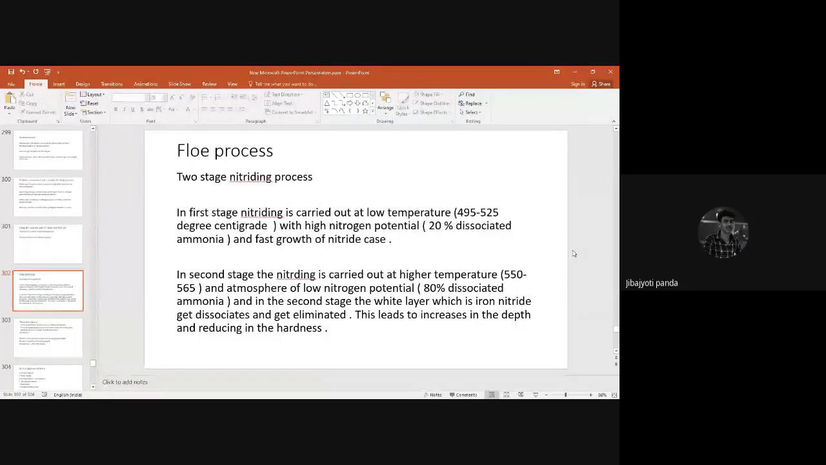Jivajyoti? Yes, sir. Can you answer how to maintain high nitrogen potential and low nitrogen? No,